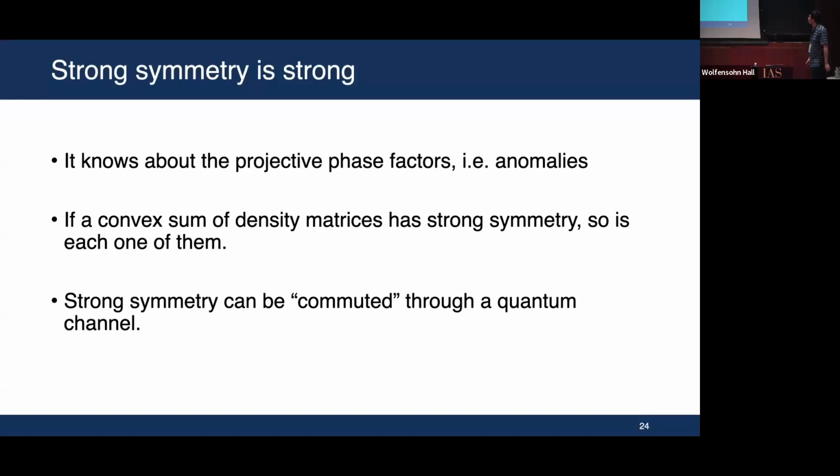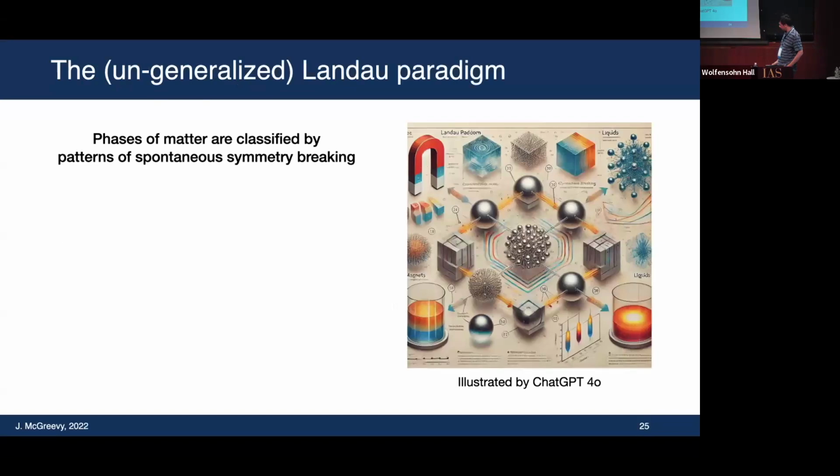Okay. All right, so just to justify why strong symmetry is actually very, very strong. It allows you to keep track of quantum mechanical properties of symmetry. Okay. While none of these is true for weak symmetry. All right, okay, so we have all the ingredients. Now we can start doing some many-body physics.